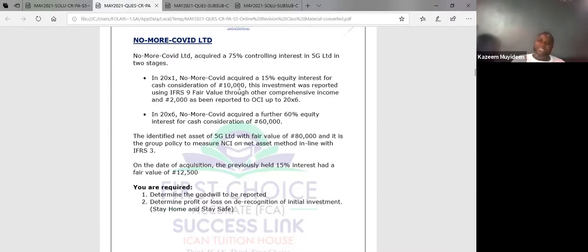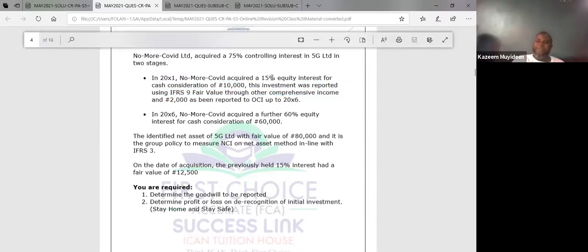They are not in the same line of reporting. What is the replicate of OCI in the statement of financial position, that component of equity? And what is the replicate of profit or loss, profit for the year, in the statement of financial position, retained earning? So the 15%,